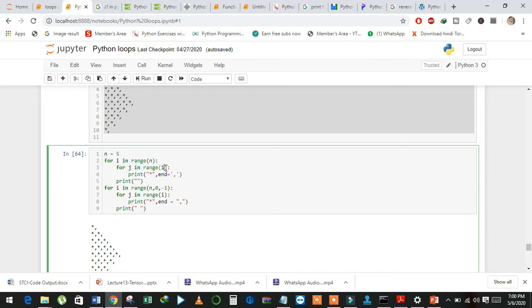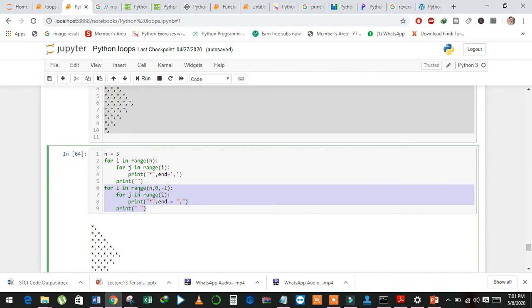It will execute i times, and then just print the star, and the end parameter is comma, and then outside the loop I just printed a space here.